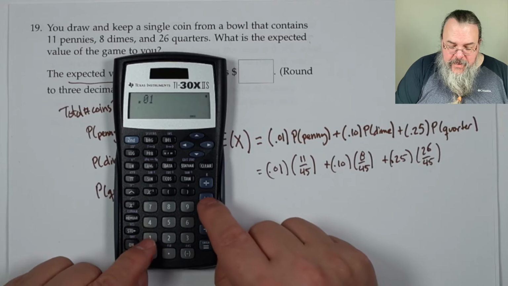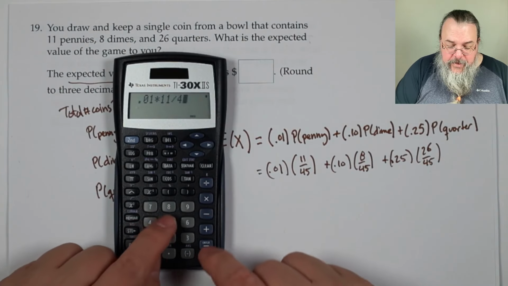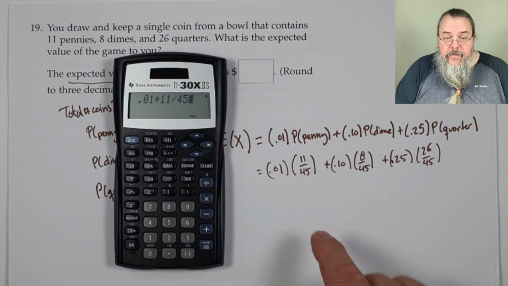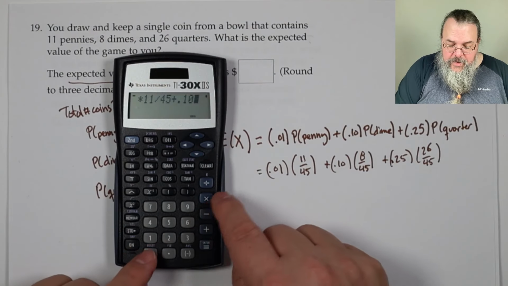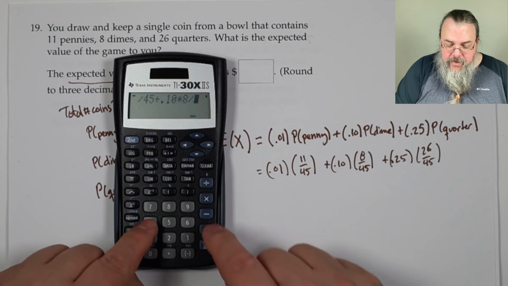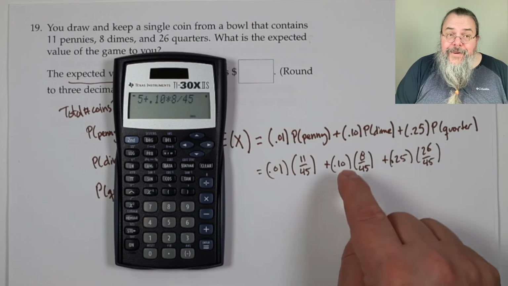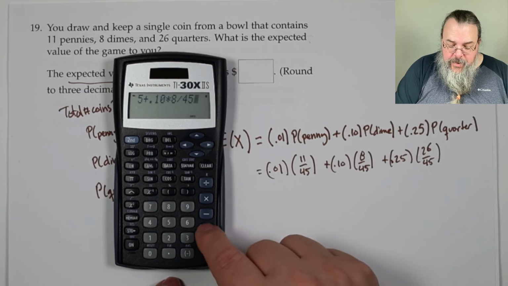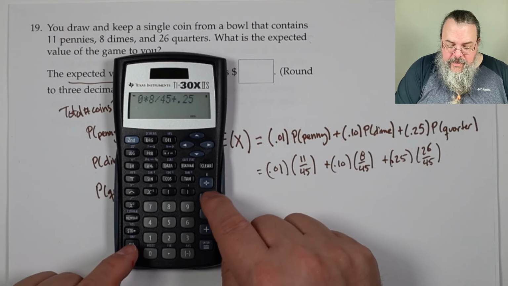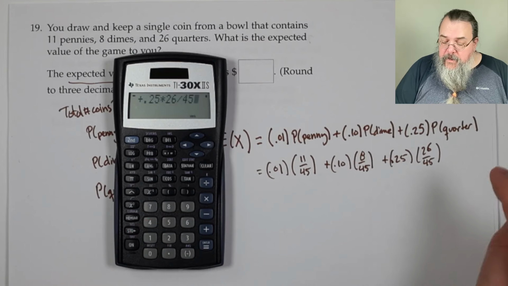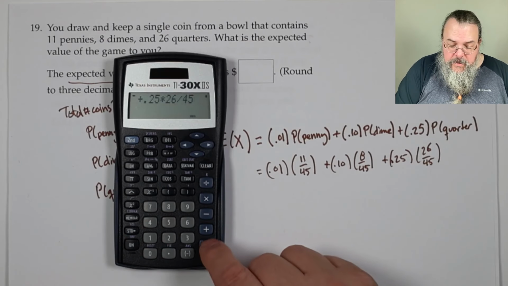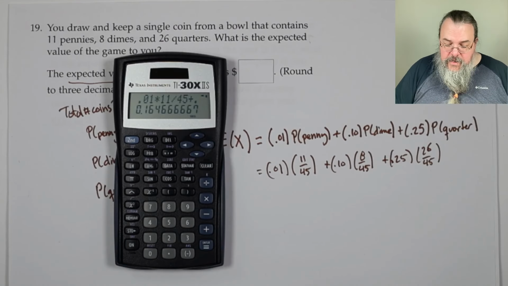0.01 times 11 divided by 45, right? So that's the penny. Plus 0.10 times 8 divided by 45, okay? And that's our dime. Plus 0.25 times 26 divided by 45, and that's our quarter. All that equals